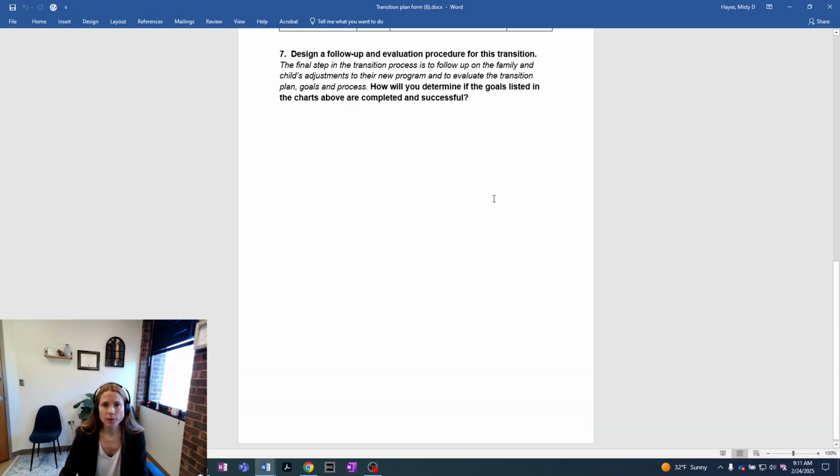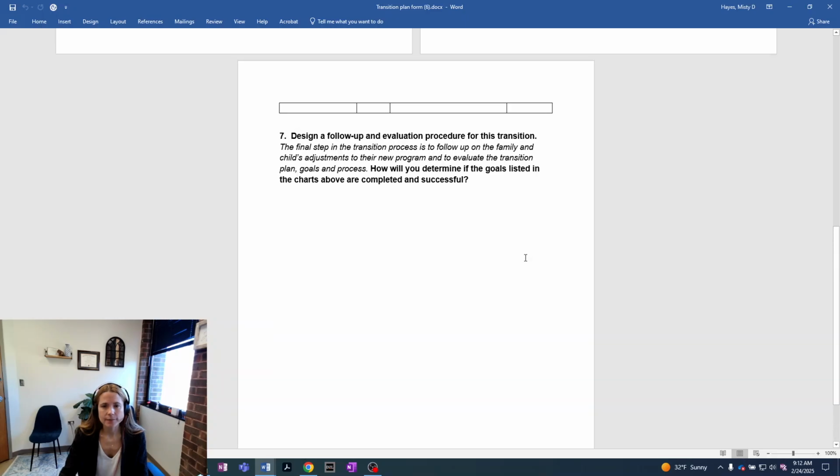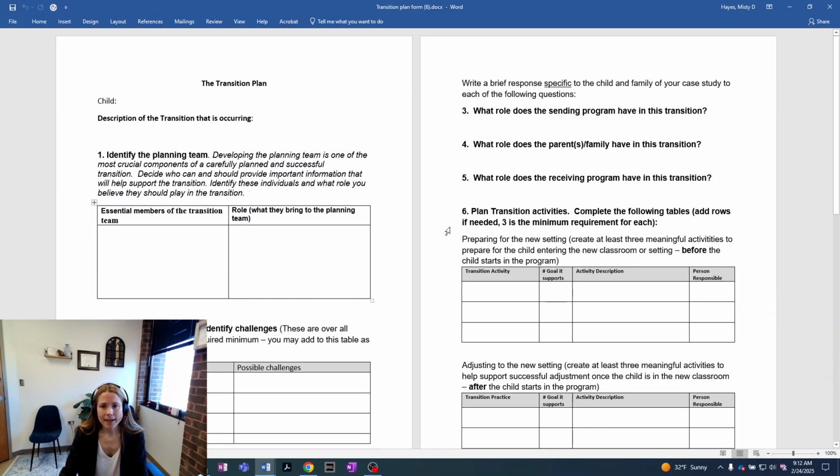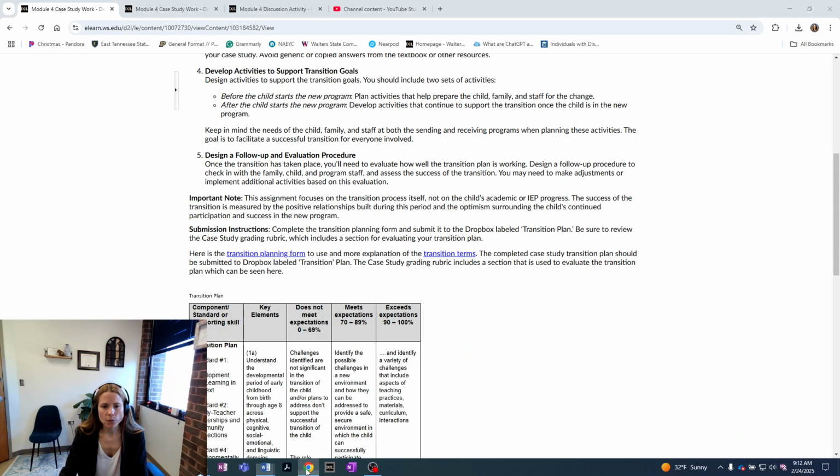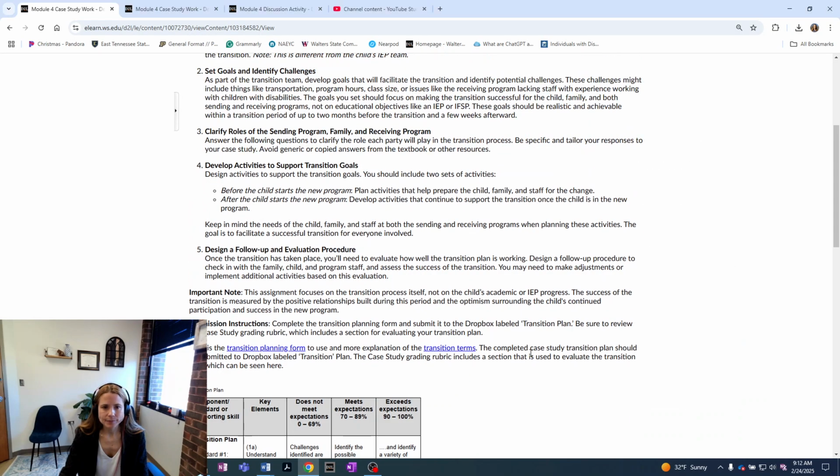What would you do when you're following up with staff, when you're following up with the sending team? You know, how are we communicating, collaborating? How do we know that we met all our goals? How are we evaluating? Are we using anecdotal notes, anecdotal records, right? Are we using a checklist? These things are important. You're going to talk about that in your follow-up planning process. All right, and again, like I said, that's what you will be submitting